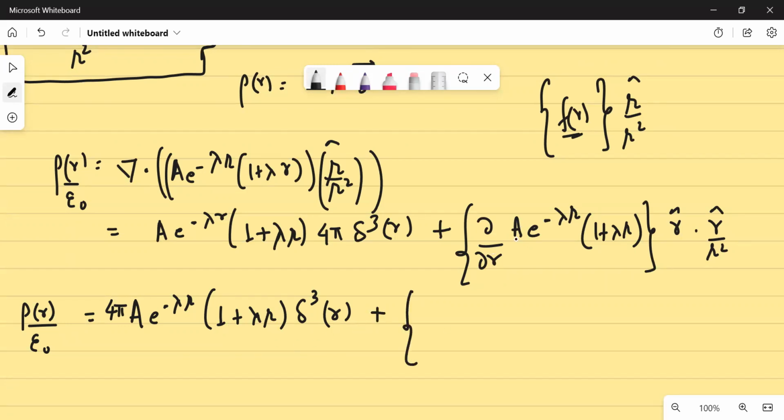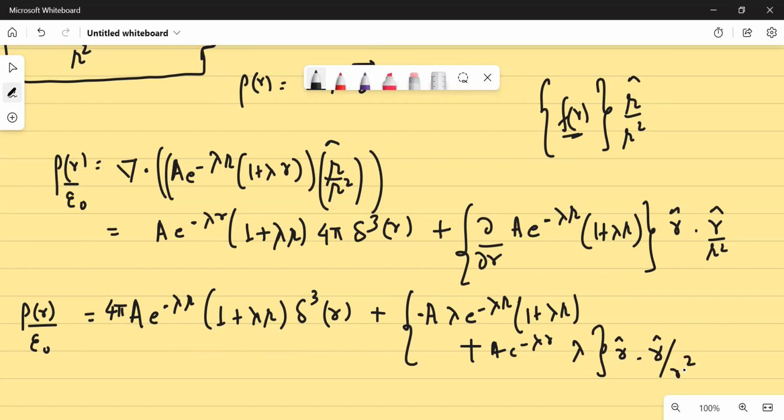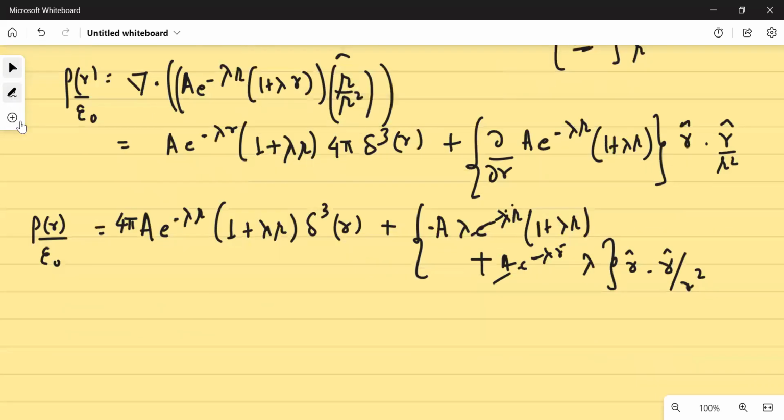And then if you differentiate it, it will be minus lambda e to the power minus lambda r, and then there will be 1 plus lambda r here. And then there will be A e to the power minus lambda r into lambda. And then you will have r cap, and then you will have r cap. Is that clear to you? And you see, this is a lambda e to the power minus lambda r, so this is minus A lambda e to the power minus lambda r. Forget about it. So what we'll get simply, I think, this will be